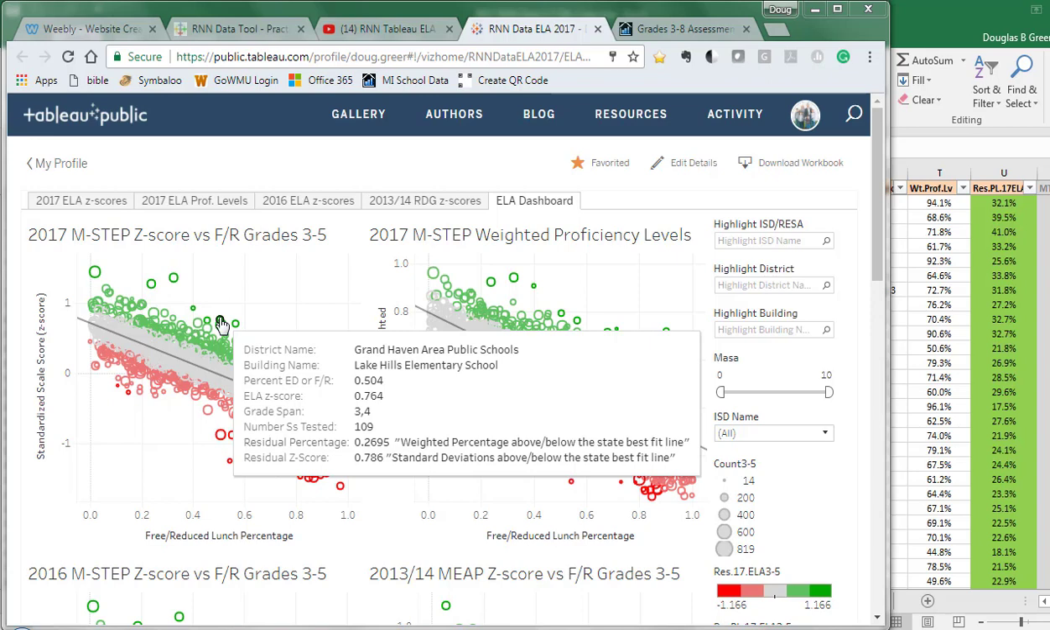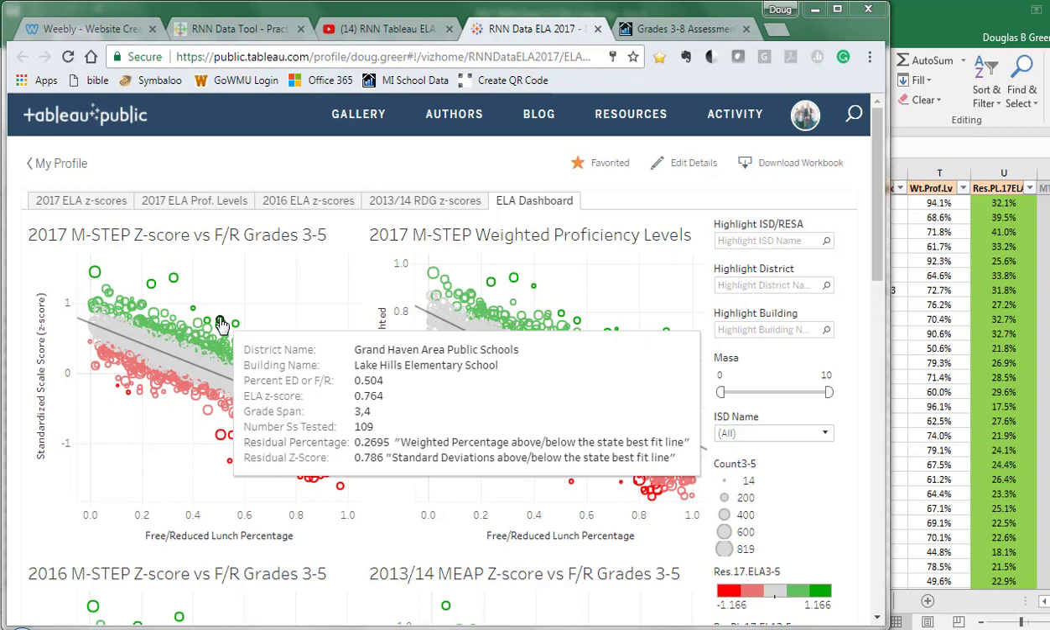It has a grade span of 3 and 4 that are tested, and there are about 109 students in those two grades. You're getting two residuals. On the left, the residual z-score, which tells you how many standard deviations. Where the finger is pointing, that is almost 0.8 standard deviations above that black line, which is the state